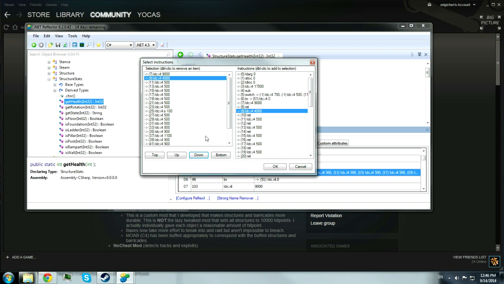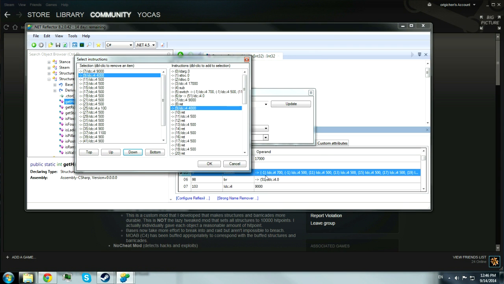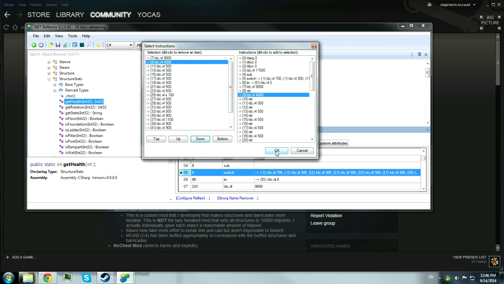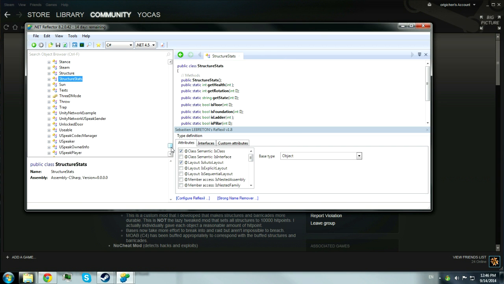All the even numbers are other statements that aren't needed because they don't even have any values, if you notice, or values that are needed in this function. So when you're done doing that, you click OK, you click Update, and you should be good to go. And you would do the same thing for the barricade. So you scroll all the way up, barricade stats,